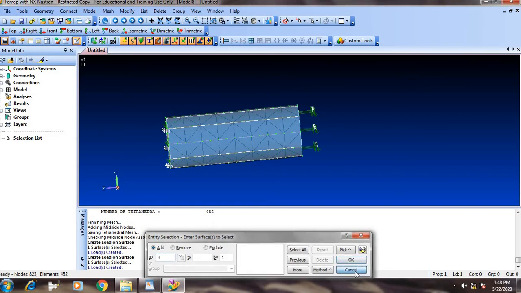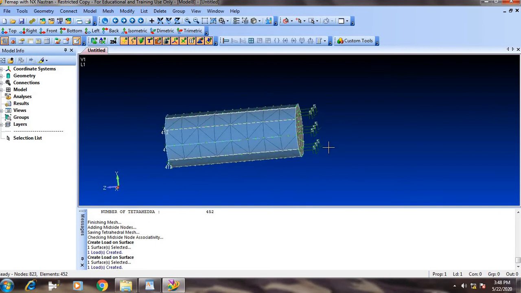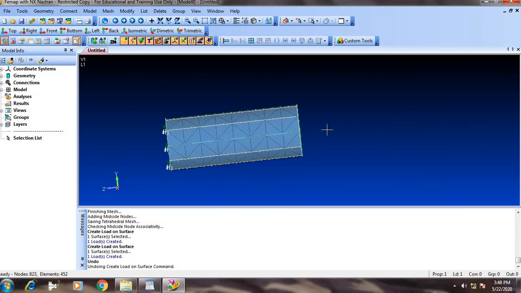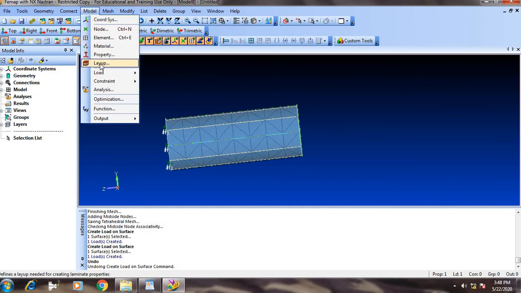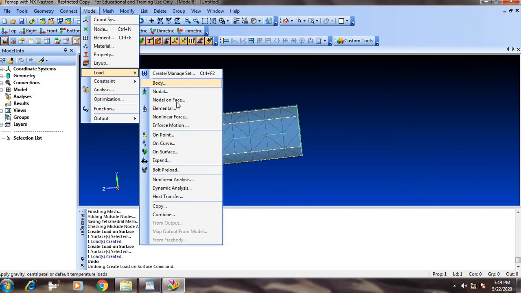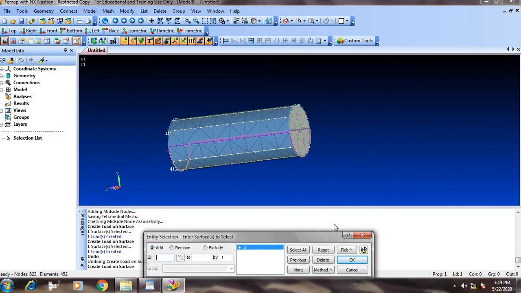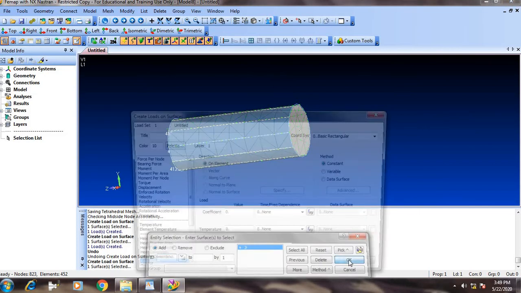I'll cancel. It has taken only 5. Just press Ctrl Z to undo the previous step. Again I will repeat: model, load, on surface, select the surface, click OK.